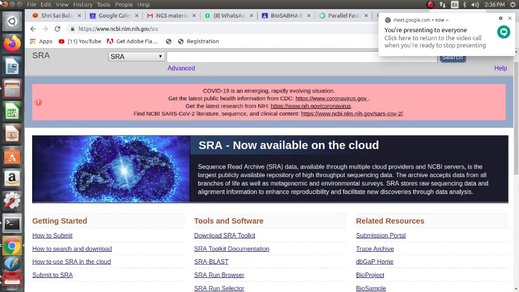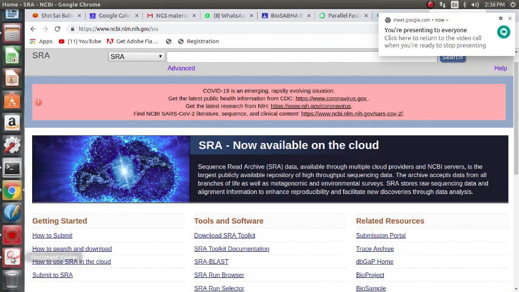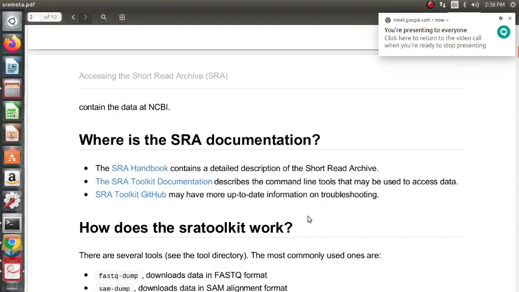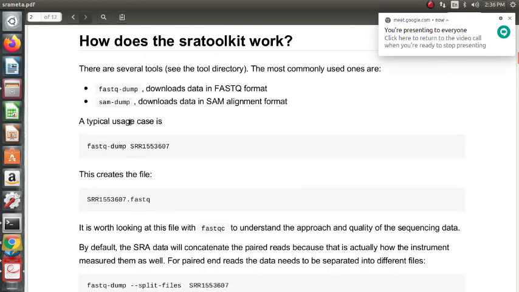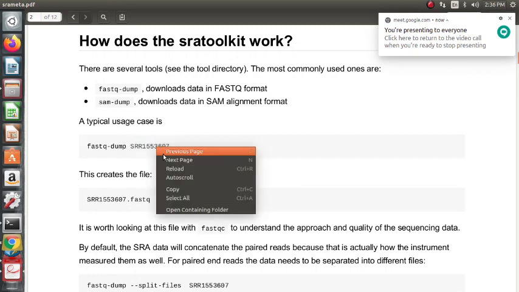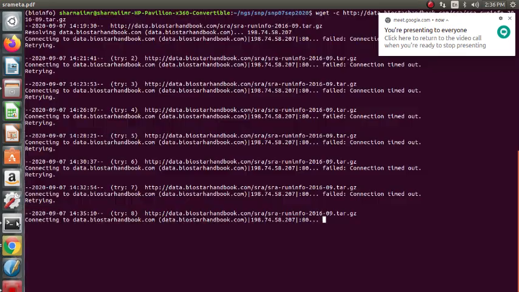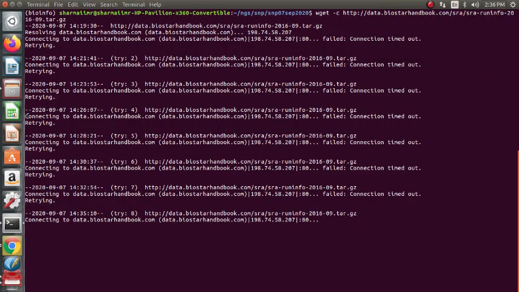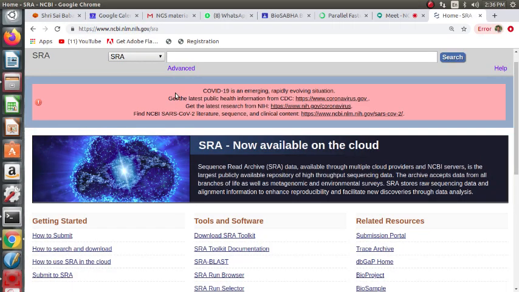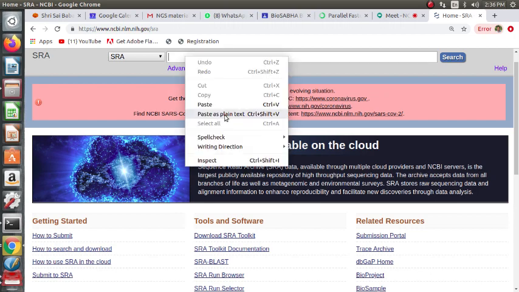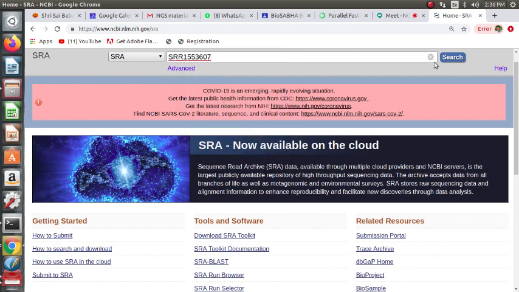Okay, so now SRA, right? We can check for one run, one ID. So let us check this. We go to SRA, we check for the Sequence Read Archive run 1553607.